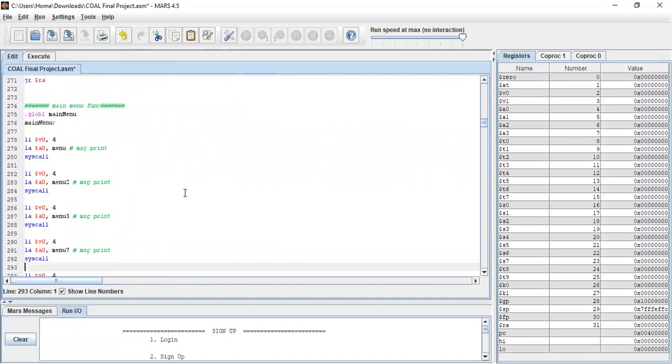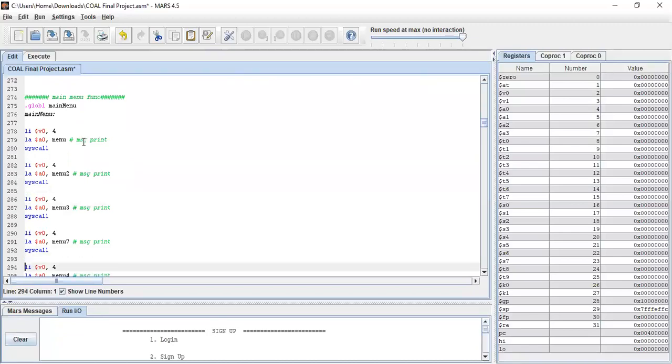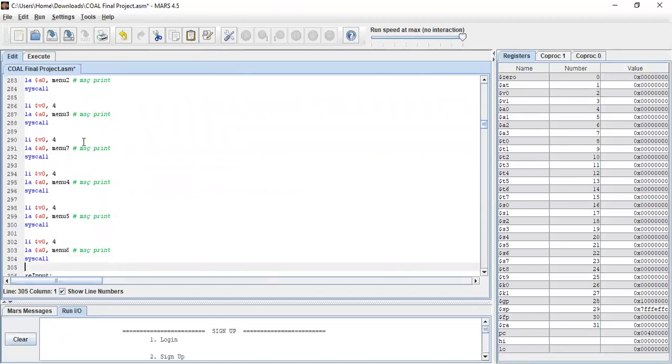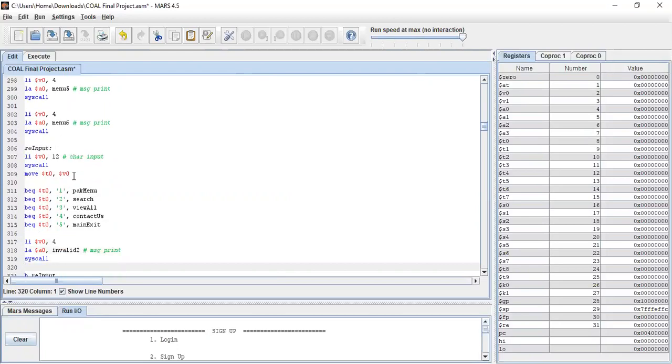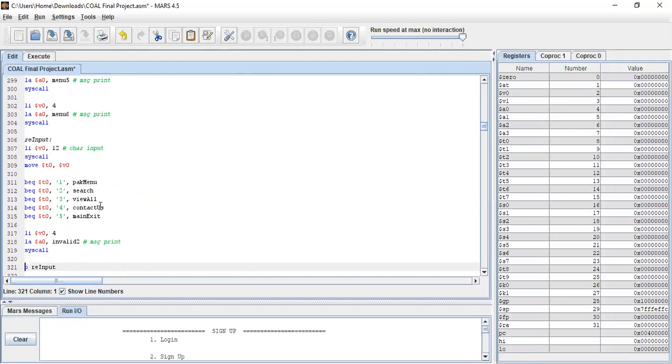We have written it like this, with $v0 and $a0, for printing the string, the print of the string at the address, and this is all going to just print the main menu. Re-input, if we have entered it wrong, so BEQ, this is